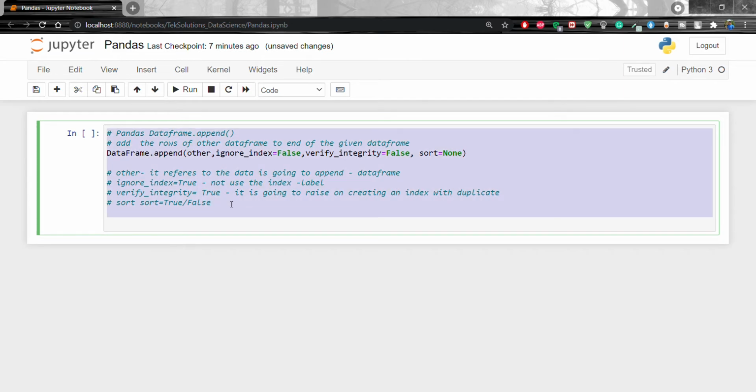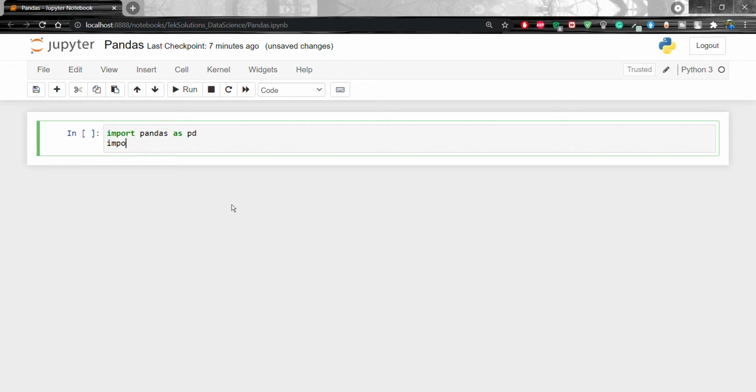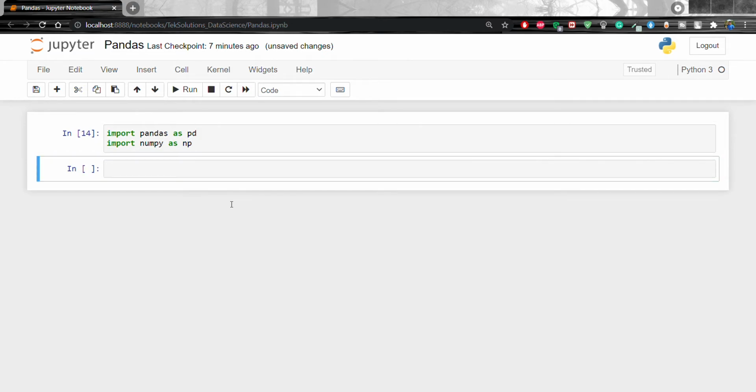So let's go with the example. Let's remove everything here and import pandas as pd, import numpy as np, shift enter. Now I am going to create one data frame, pd dot DataFrame, and we are going to pass a dictionary: x, and the values are 25, 12, 15, 19.